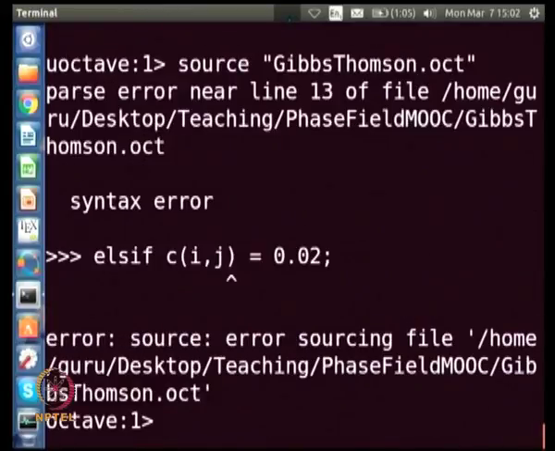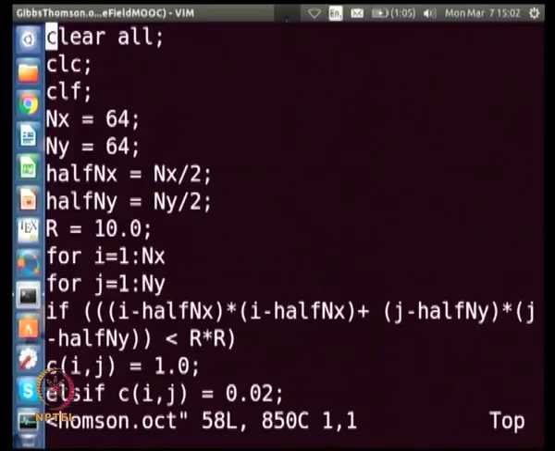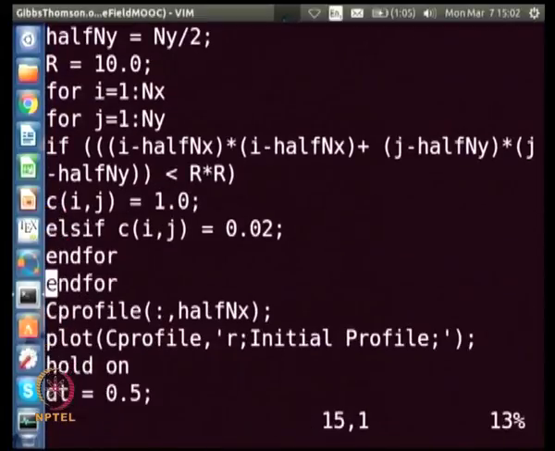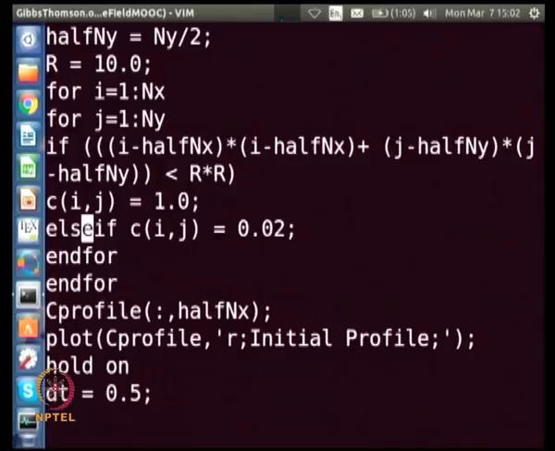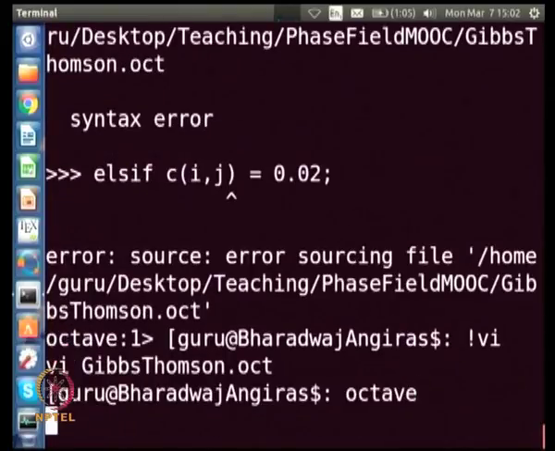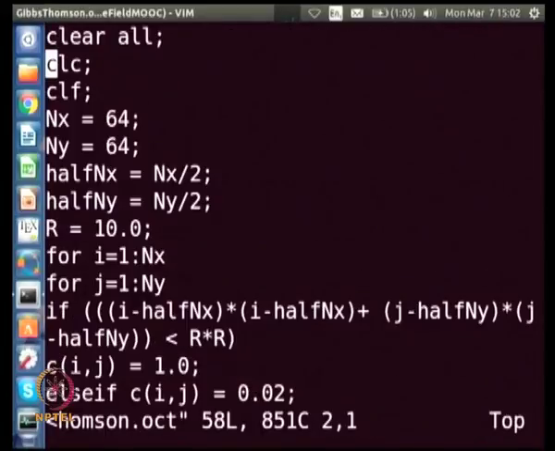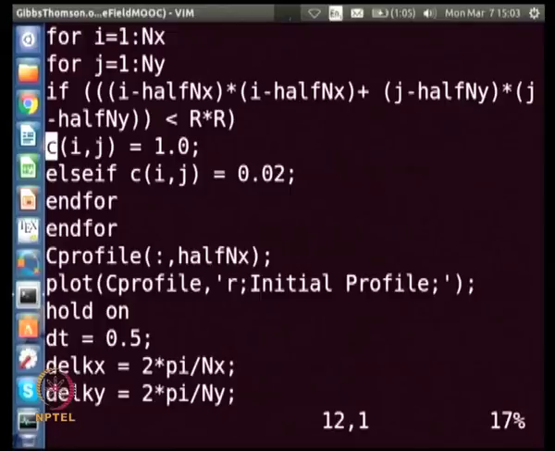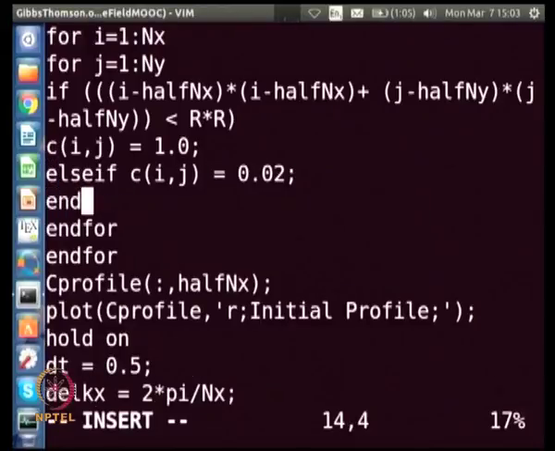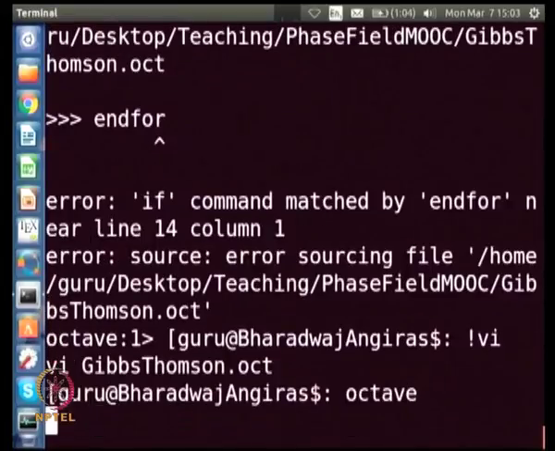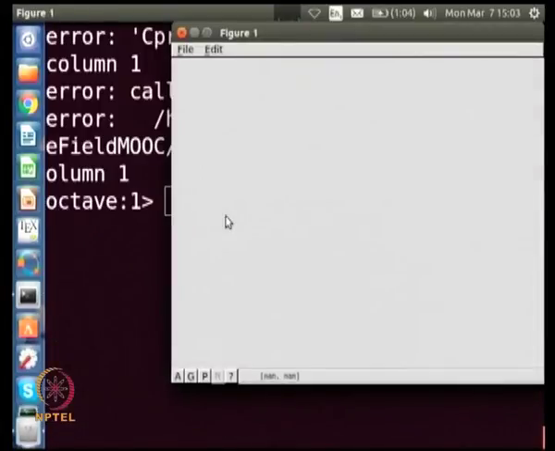Okay. So, there is a spelling mistake in else if, let me correct it. And if missing. Yeah. Okay.